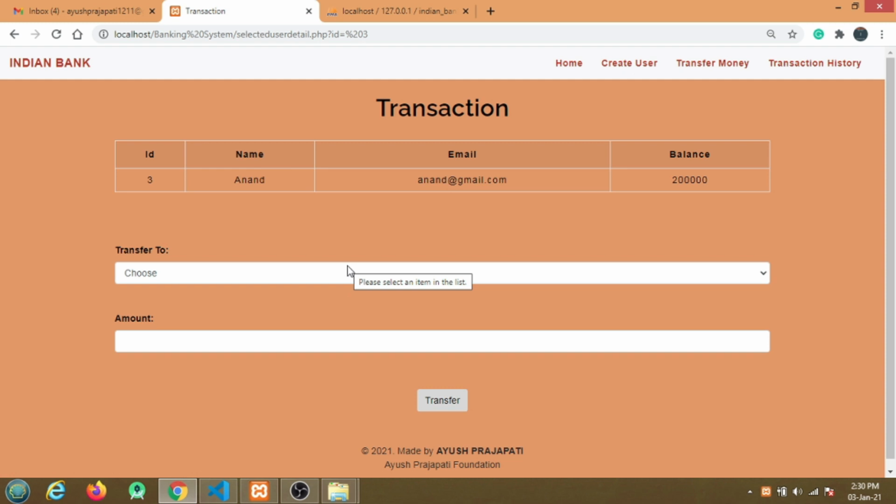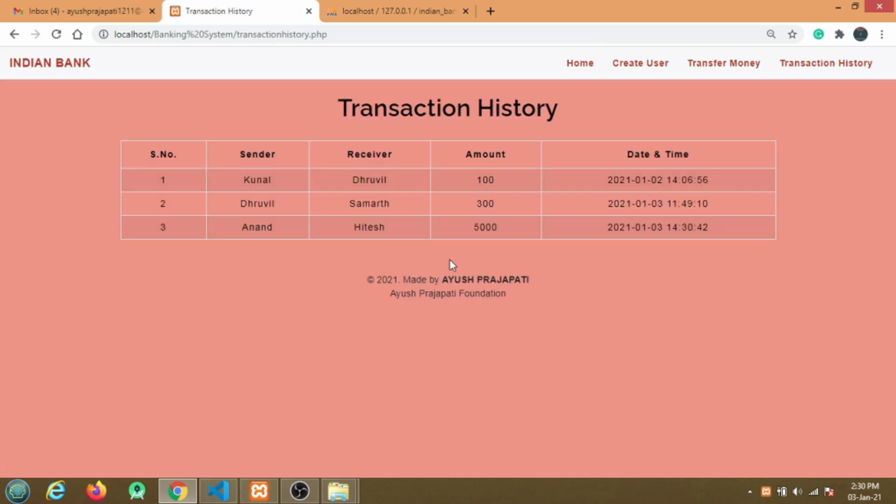Then choose a receiver. After this enter the amount, then click on the transfer button. You can see our transaction is done and the transaction detail is also added to our history.